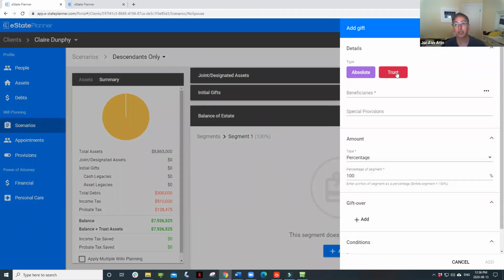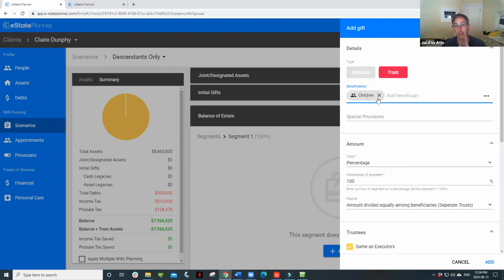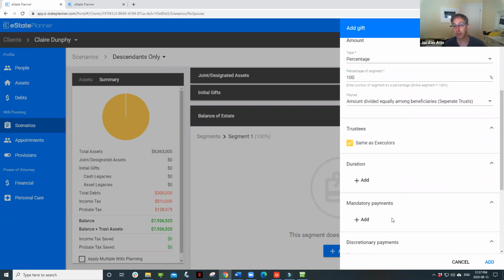Well, this is what I do with it. I'm going to create a gift. Let's say it doesn't matter which you pick, absolute or trust, but it's all going to be the same, and it's going to be divided equally among all those people. So the classic one is to the children. So we say, okay, I want you to divide 100% equally among the children, okay, in separate trusts. And then as long as the terms are the same, whatever the terms are, they're all going to get it